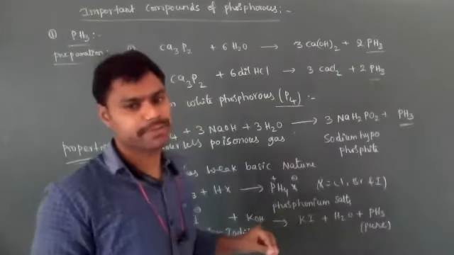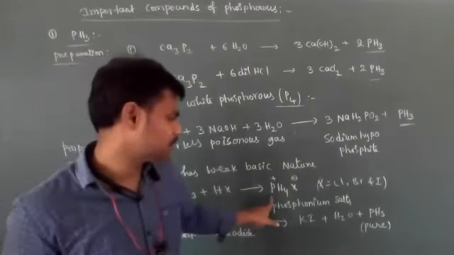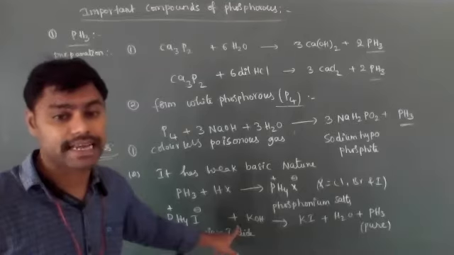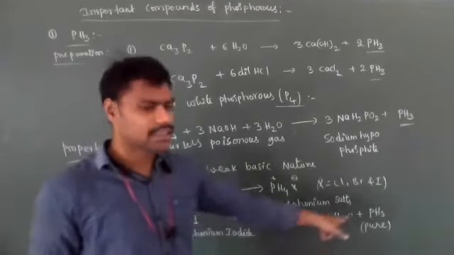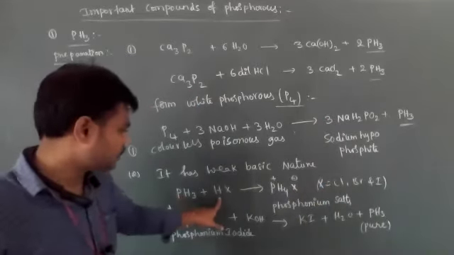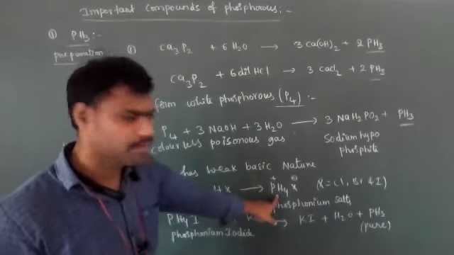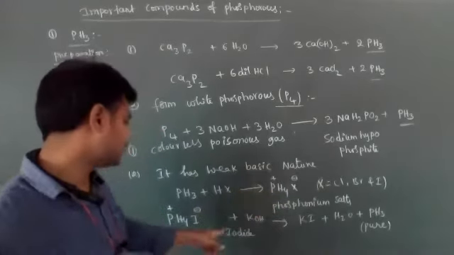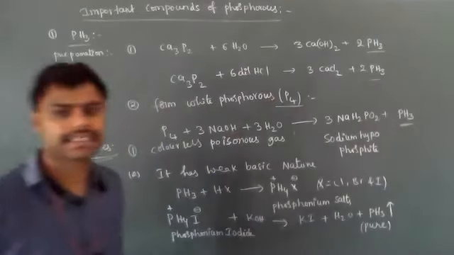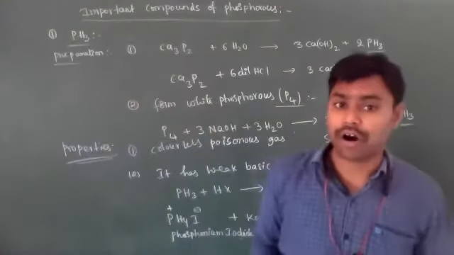For example, impure phosphine is present. That impure phosphine treated with hydrogen chloride or hydrogen bromide or hydrogen iodide forms corresponding phosphonium salts. Those phosphonium salts are treated again with base like either NaOH or KOH and form pure phosphine, because whatever the pure quantity of phosphine is present is converted into phosphonium salt. That phosphonium salt is treated with base, and pure phosphine gas will be released. So this is the method for the purification of phosphine.